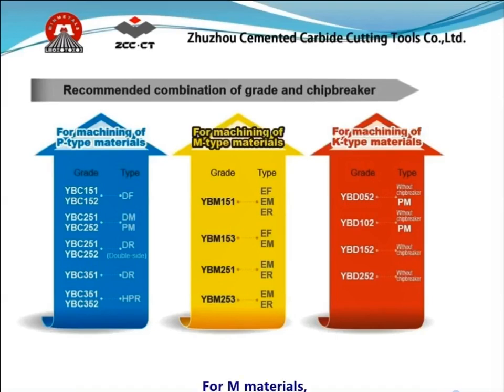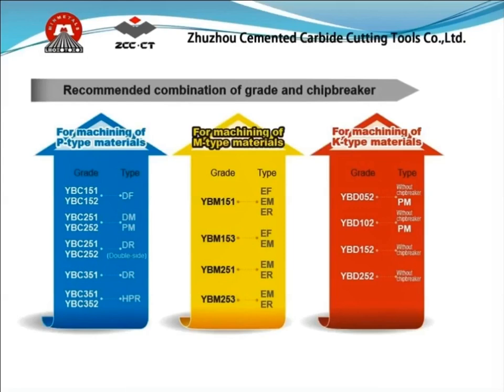For M materials, multiple factors such as heat resistance, wear resistance, and anti-cracking performance should all be taken into consideration. Hence, the recommended combinations here are more based on actual working condition and application. With the great capability of YBM grades, both EM and ER are recommended for multiple combinations, which can achieve higher machining efficiency. The EF chip breaker, however, is only recommended with YBM 15-1 and YBM 15-3 for finishing applications requiring high precision and